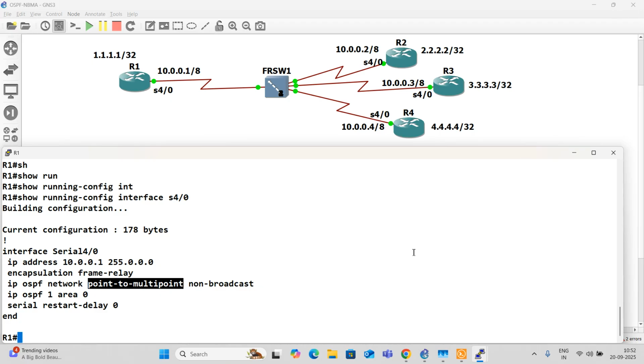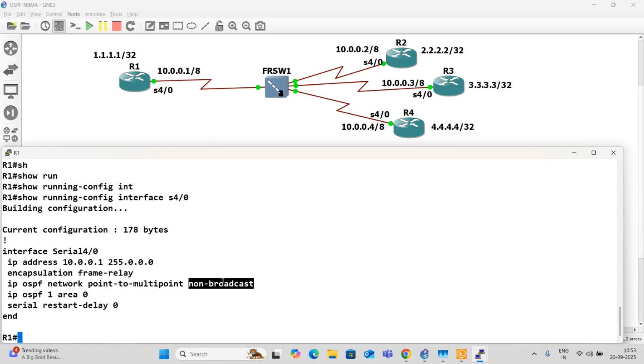What is that? No DR-BDR election. See, the best of non-broadcast is neighbors are manually configured. That is best. Why do we call this best? Because it's public. It's frame relay. Over frame relay, you are trying to form neighbors. It's NBMA. It's non-broadcast, meaning what? It's a big internet in the middle between R1, R2, R3, and R4. There is a big insecure network.